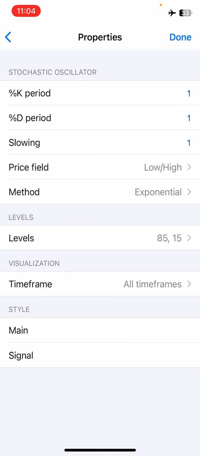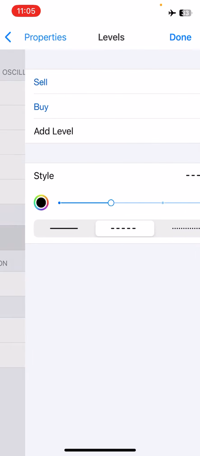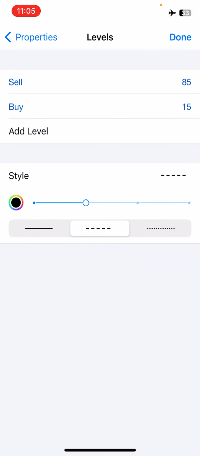Now we've got a percentage K period of 1, a percentage D period of 1, a slowing of 1, a price field of low high, a method of exponential. And then on levels, this is very important. We're going to need these two levels. We're going to need level 85 and we're going to need level 15. Okay, and our level 85 will be our sell level, and then our level 15 will be our buy